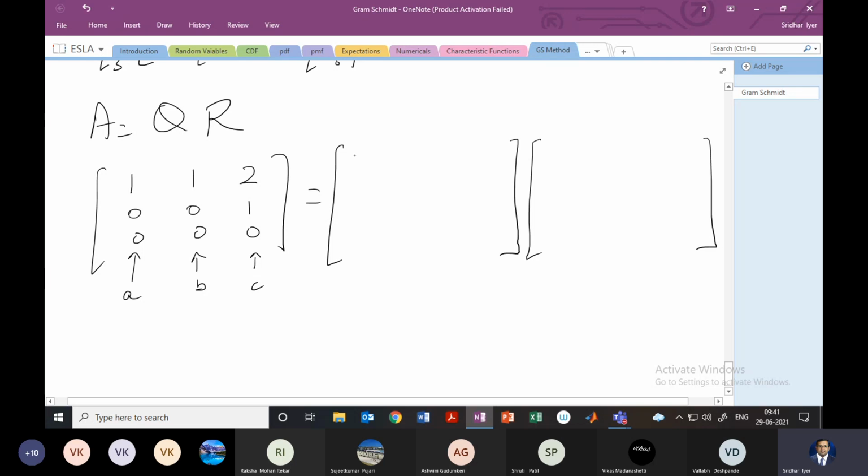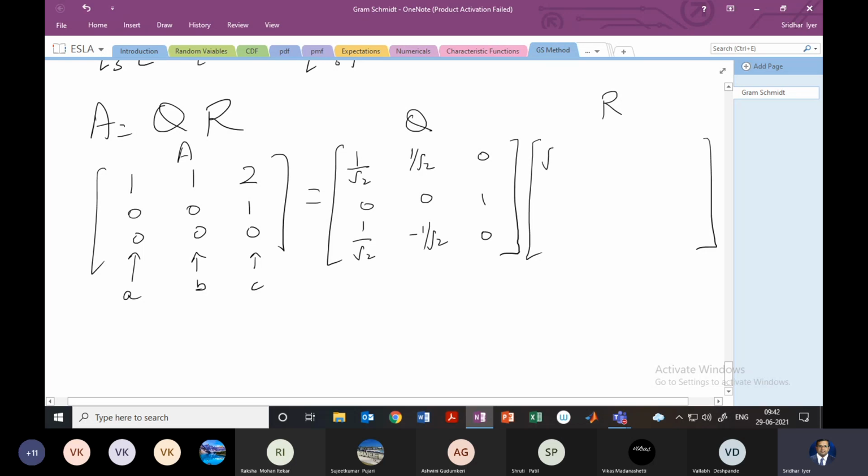So Q value, again we just need to rewrite. It is 1 by root 2, 0, 1 by root 2. Then you have 1 by root 2, 0, negative 1 by root 2. You have 0, 1 and 0. This is Q. So let me write this here as Q. This on the left hand side is A, which is the combination of small a, b and c. And this will be R. Now we can fit in the values of all that, Q1 transpose A, Q1 transpose B and so on, right? So I hope you have the values in front of you.